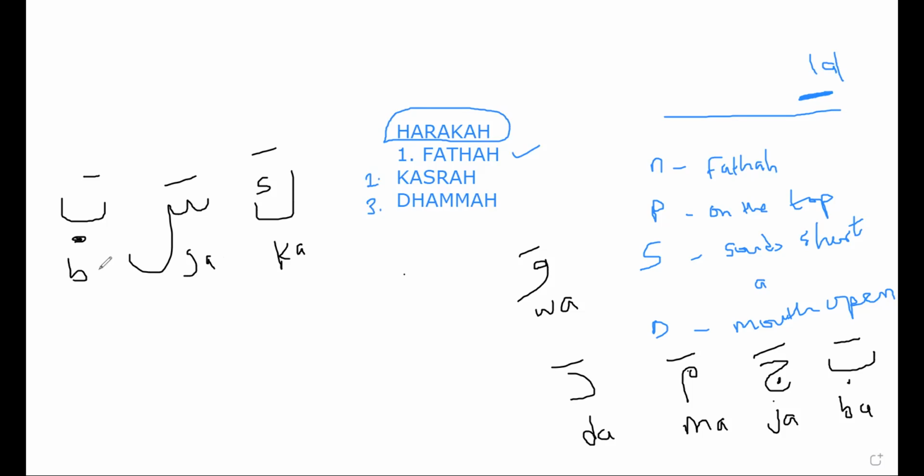Ba. Ba. Now read it together for me, please. How do I read together now? Ka. Sa. Ba. Thank you. So to read together, we say Ka, Sa, Ba. Do we understand? Yeah. Now, the reason why I change this one is because when we write English, we start from